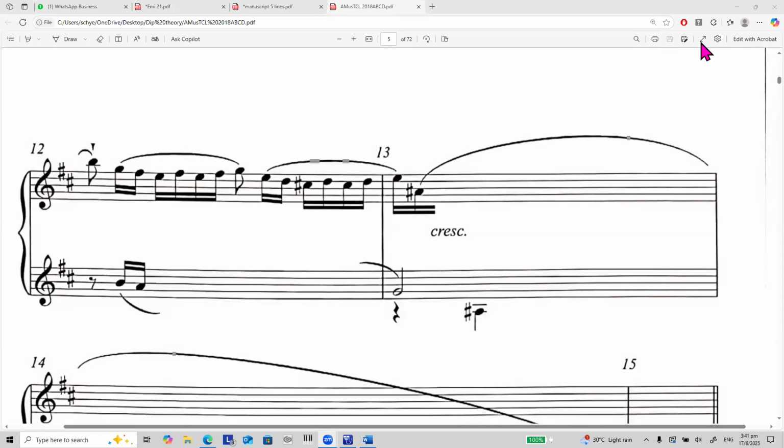Hello everyone, welcome back to the melody writing music theory lessons. Today we are going to talk about how to continue this melody when the chord is given. For example, during exams in Grade 8 music theory or the Diploma AMusTCL music theory exam, sometimes the bass note is